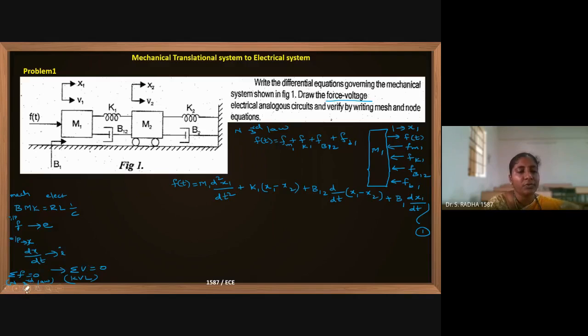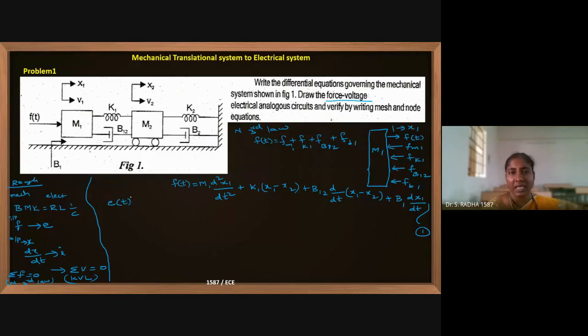Now we will try to use this for the given equation number 1. This is just a recall; what I have written on the left is just rough, but you have to remember this. I will apply the equivalents. So F of t is there; I will write E of t.